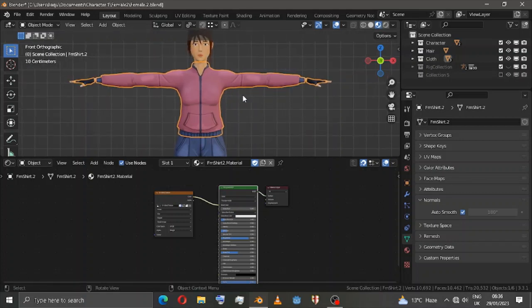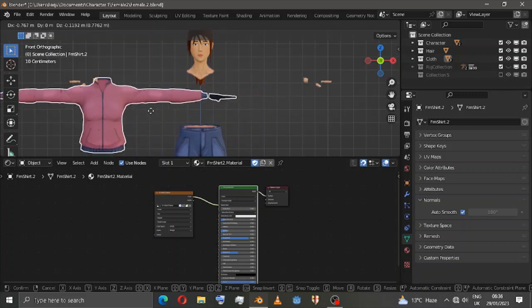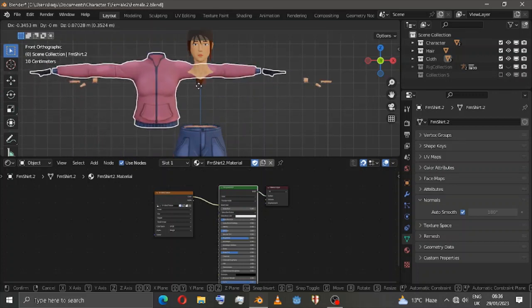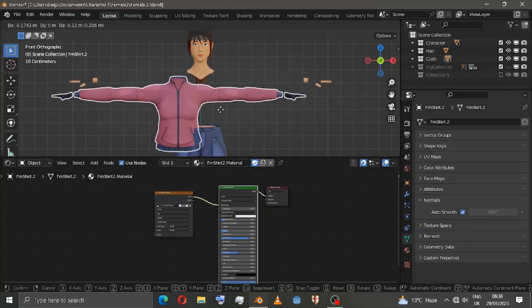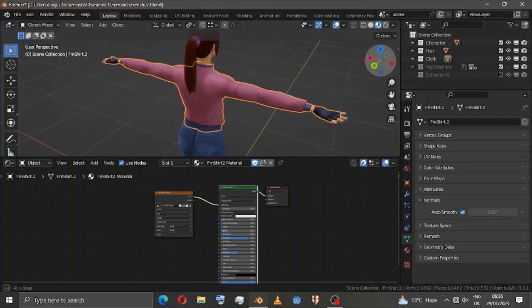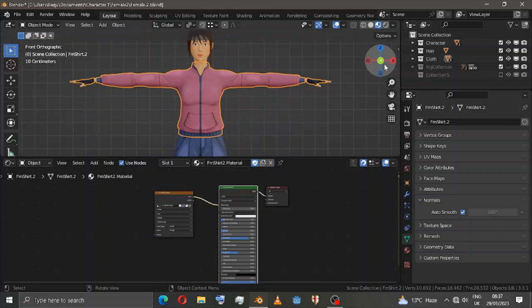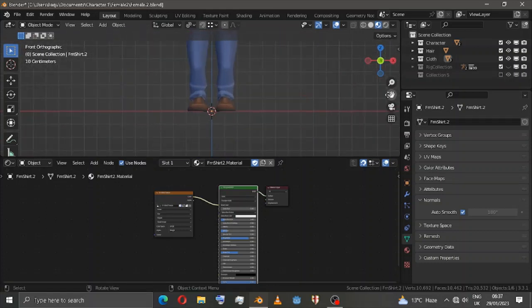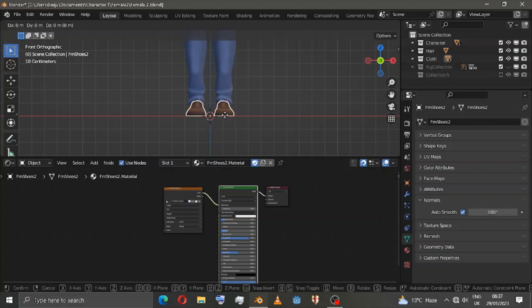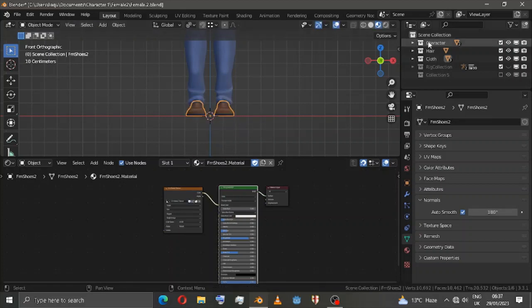Now if you go over there, you guys can see that it's empty right now. So what it means is that the character skin and the cloth won't overlap each other. I tried my best to weight paint the character in such a way that they both don't overlap, but it's still overlap. So now for example, I'll just hide some